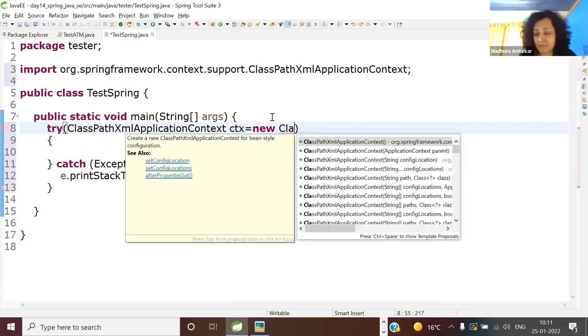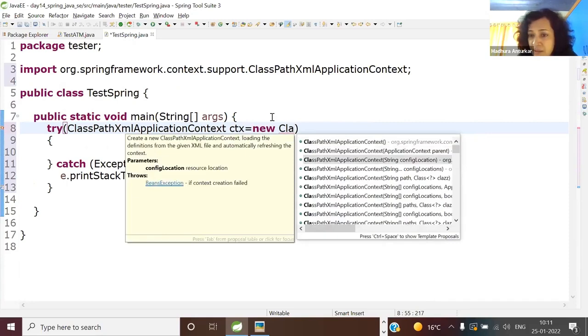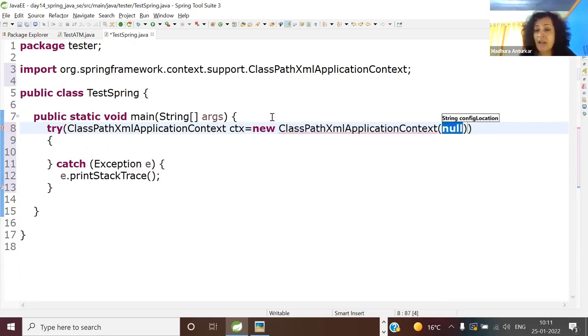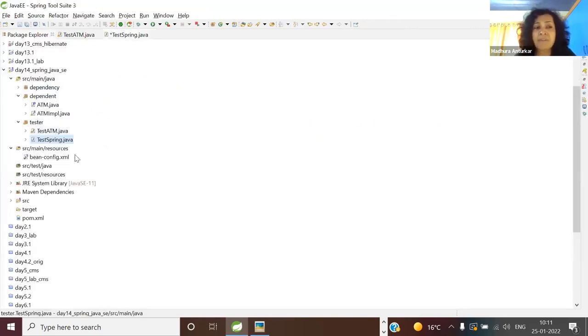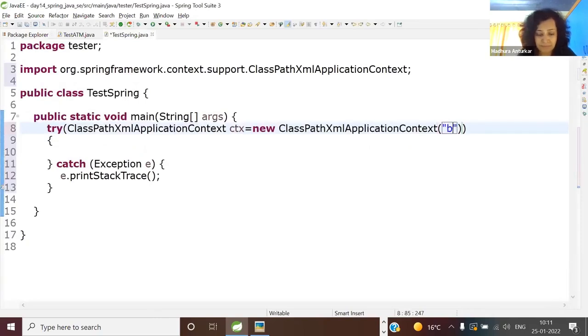Create the instance and choose the constructor here, the third, and tell me what should be the argument here. Nothing but the name of the configuration file. So please don't make mistakes in the spellings, bean-config.xml. Otherwise, you'll start getting file not found exception. So now tell me, if I'm specifying the name right here, can it be any name?